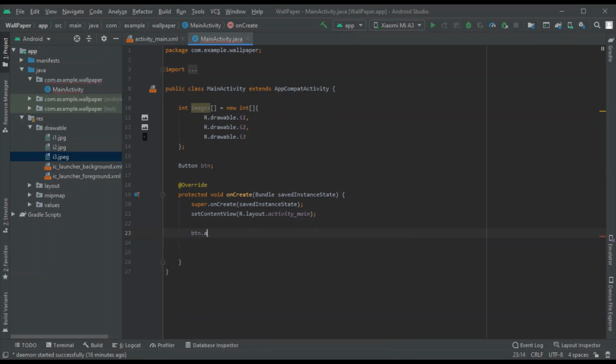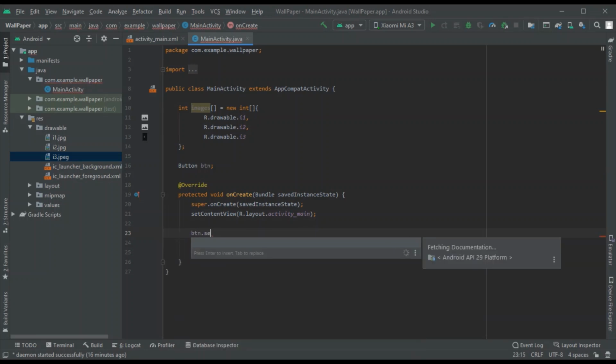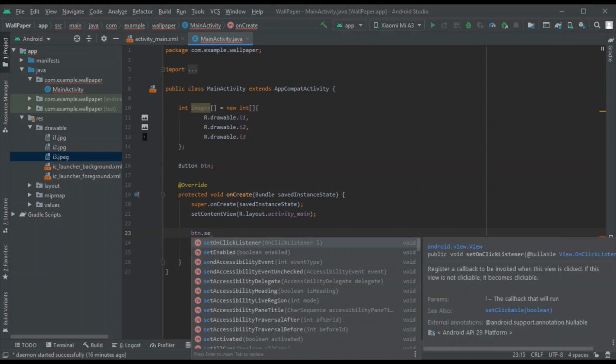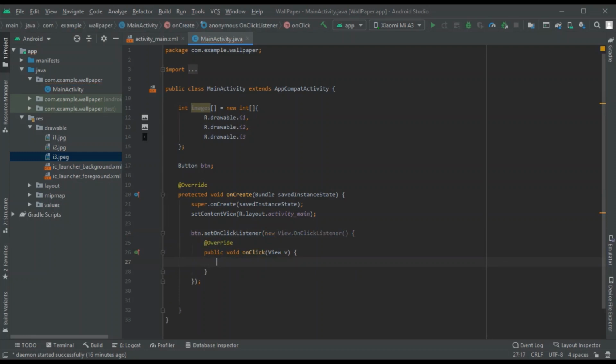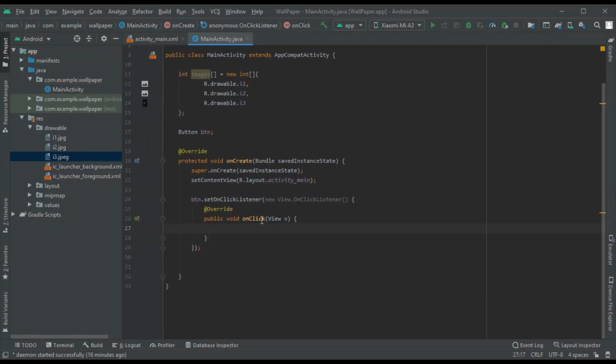So you can just give button dot set on click listener, and inside it you can pass a view. And on click, what should happen is the wallpaper should get changed every 30 seconds. So let us first implement the simple thing, like when you click on this button the wallpaper should get changed, only that much, not the automatic part. Okay, so let's start that.